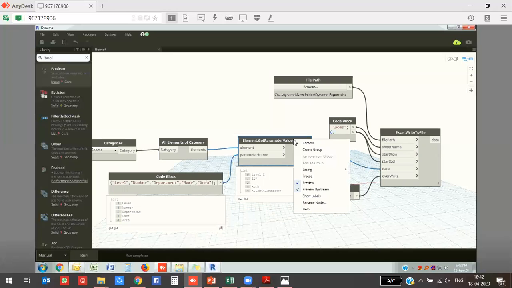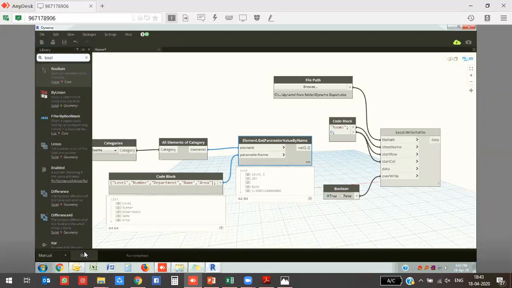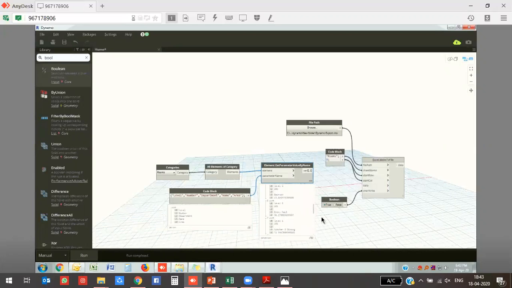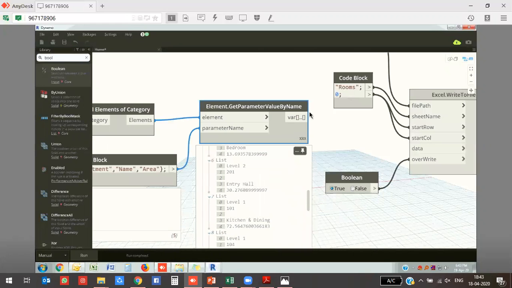So actually, we use the lacing as shortest, so it's taking only the first level. I'm just making it a cross product. By checking the cross product and running it, disconnecting, running, here you see it will list out all the rooms in the Revit sample file. So I'm just now connecting this into the data and